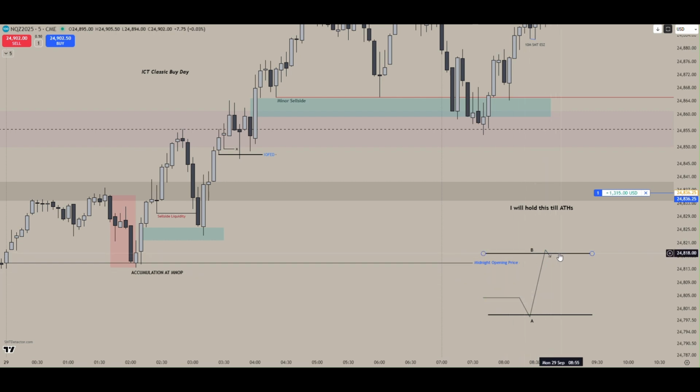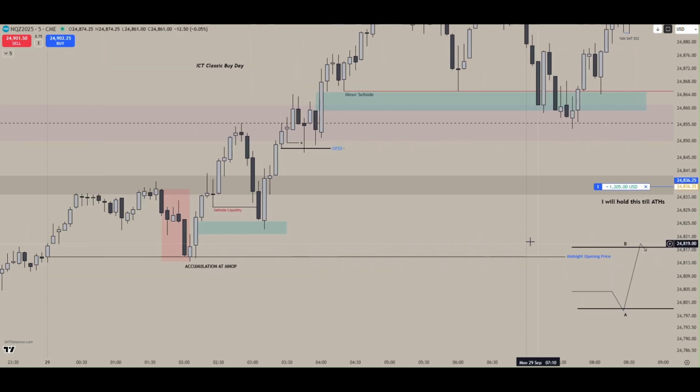So price goes from point A to point B, and once you have these identified and you have a clear drawn liquidity, which is point B, what you want to do is wait for price to open, manipulate. So if I could just put this right here, we opened up right here, we created some consolidation. This was the Judas swing, right? This was the London Judas swing, and one of the rules is London low of day